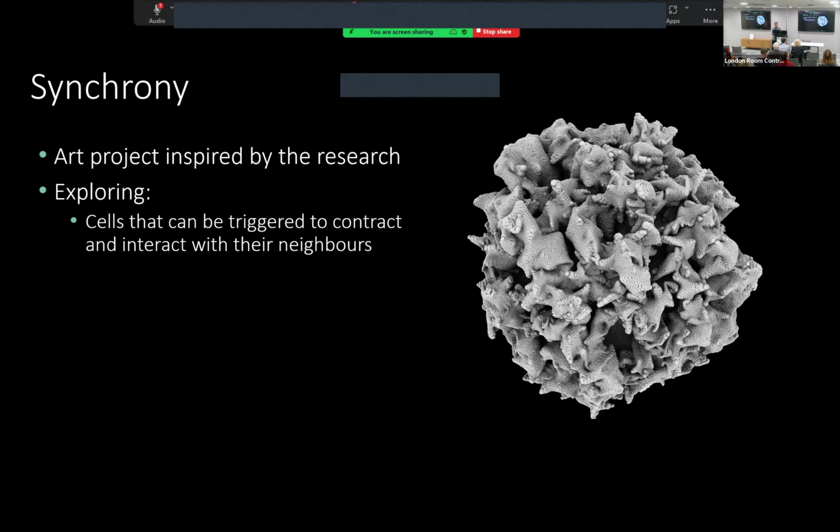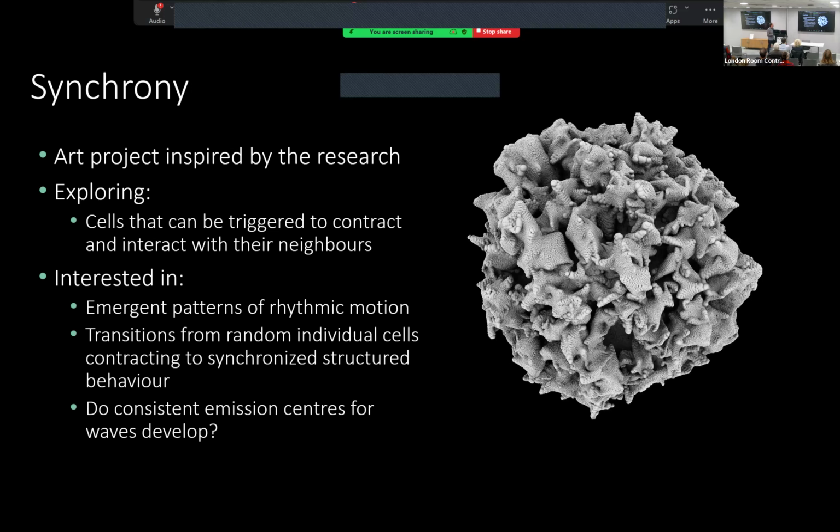So it's an interesting system. What happens? What behaviours do we get? What kinds of movement do we get? Do we see things which are just like we see in the embryo or not? I'm not trying to accurately replicate the embryo. It's more to explore a bit wider what happens, which I think is almost what I said about the other projects. It's exploring the range of possibilities of this system.